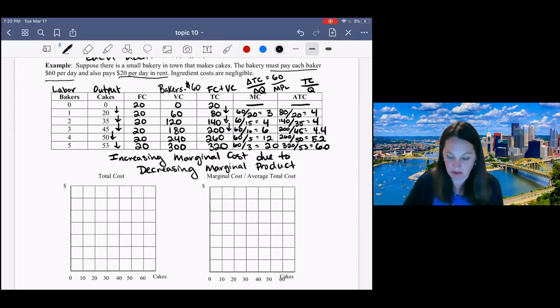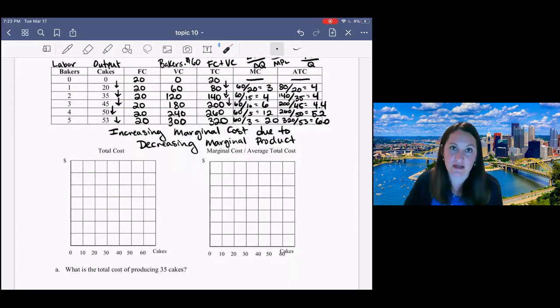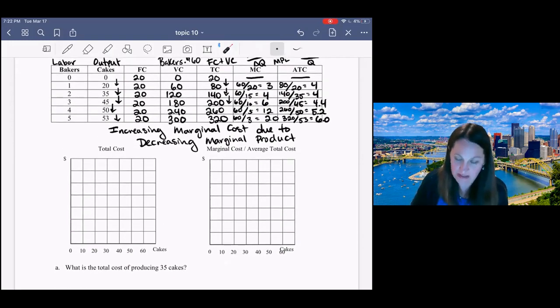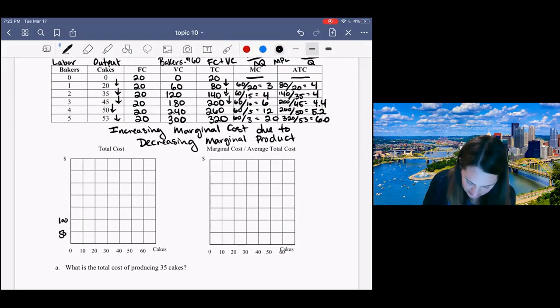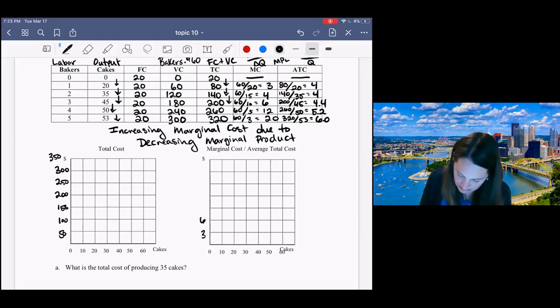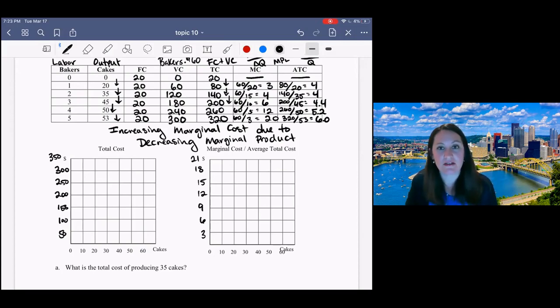Average total cost and marginal cost and total cost are all calculated in the table. So the next thing we're going to do is to graph the cost curves. We're going to graph total cost on one graph, and I'll label this axis by 50s. And then on the other graph, we're going to put both average total cost and marginal cost, and I'm going to label this axis by 3s. I want you to focus on understanding the basic shape of these curves, because I want you to recognize that